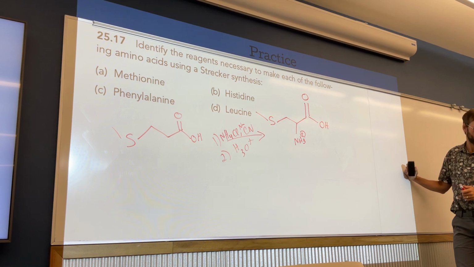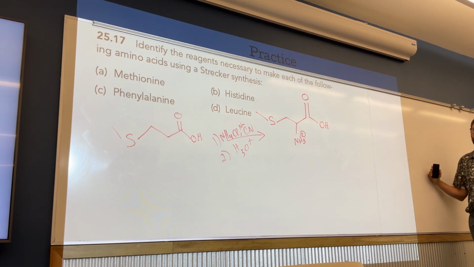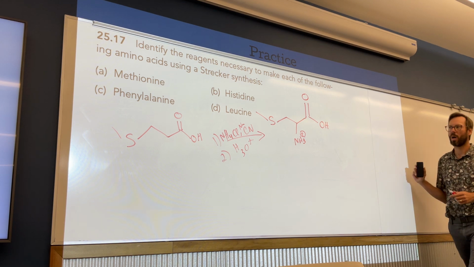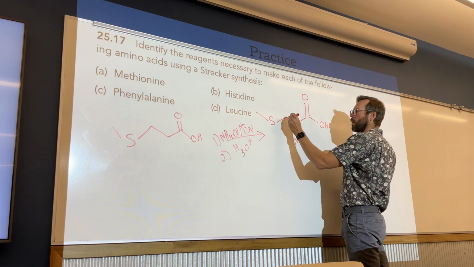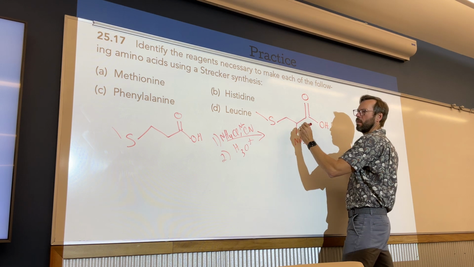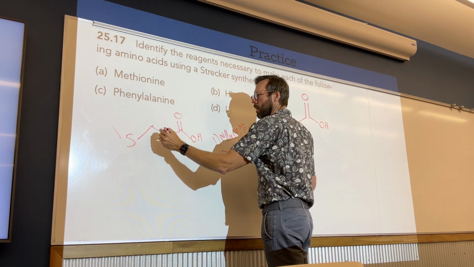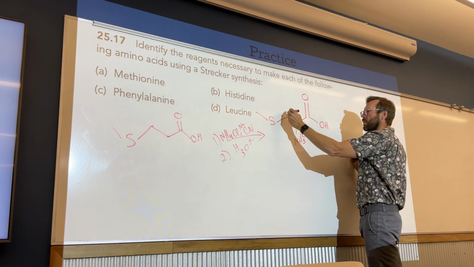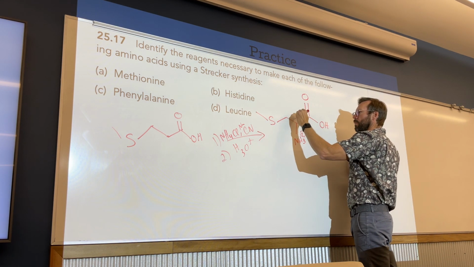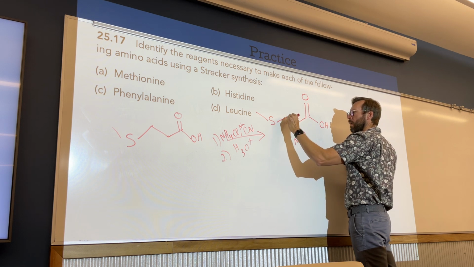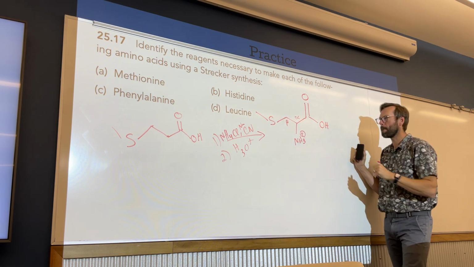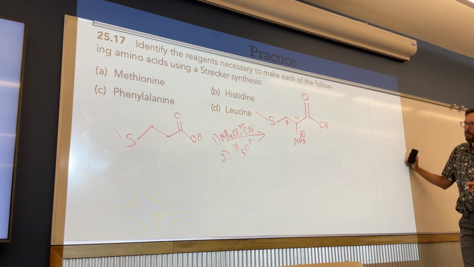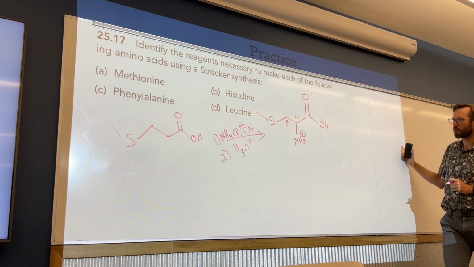Isn't this the one that adds a carbon with the nitrogen in the synthesis? Yes. Okay. That's why we're getting, right? We have 1, 2. So if we look at the carbons here, this is carbon. This is going to be the alpha carbon. This is the beta carbon. Is that right?